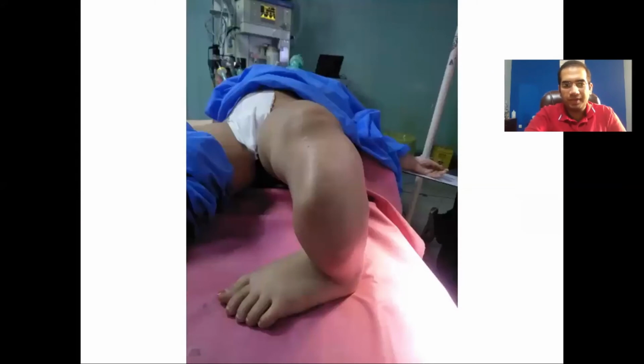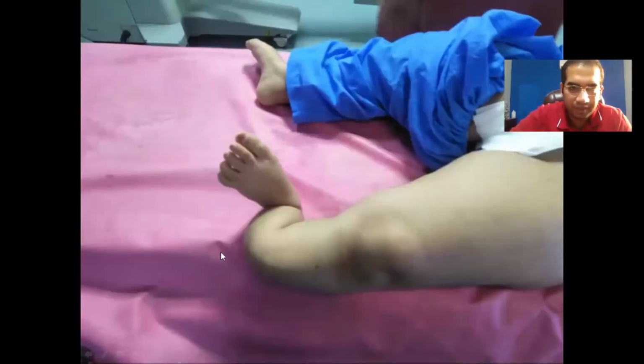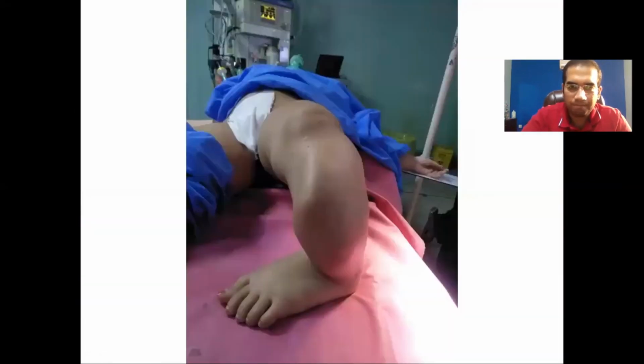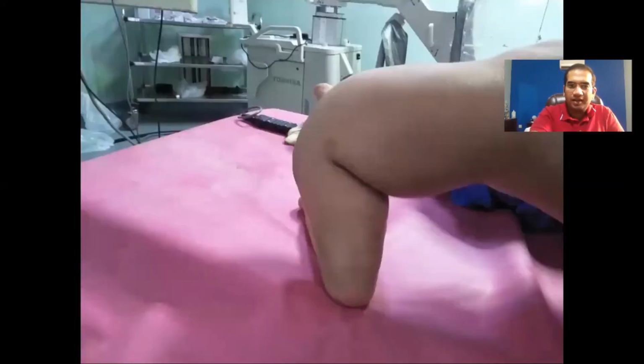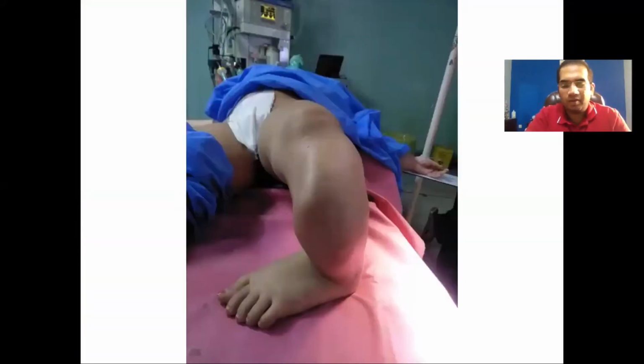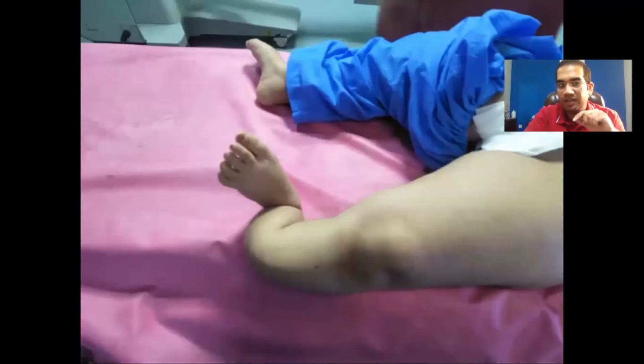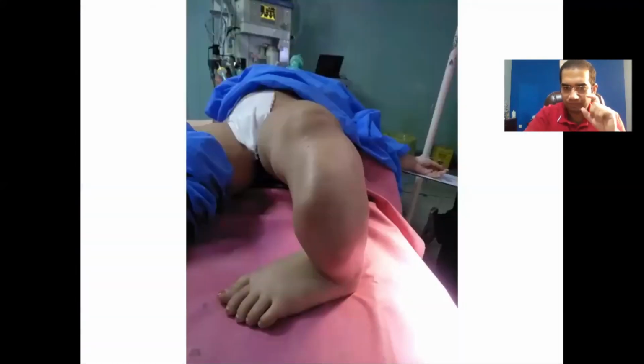Here you can see the deformity in this picture. As you can see, it is not a true procurvatum or an antasagittal plane deformity. There is a mediolateral element to the deformity as well, and a procurvatum as well. So clinically, we can appreciate that there is a varus element and a very large procurvatum element to this deformity. A very small element of varus and a very large component of procurvatum.